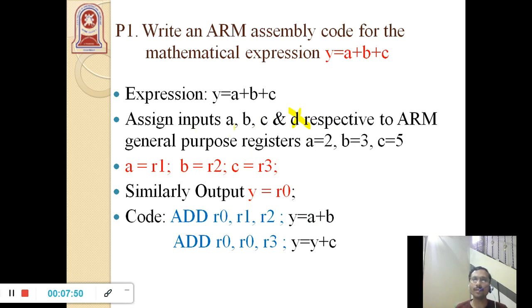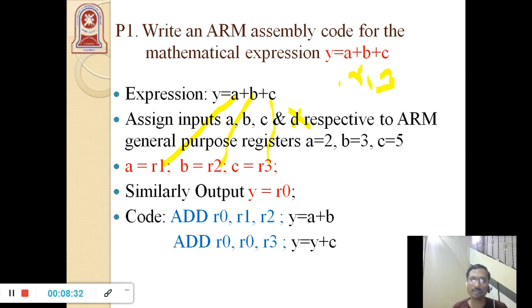See, very simple, whenever you get inputs, you try to map these inputs to the registers that are present in your processor. Here in the ARM processor, we have R0 to R15 general purpose registers, wherein I cannot use R13, R14 and R15, because R13 is used as a stack pointer, R14 is used as a link register and R15 is used as a program counter.